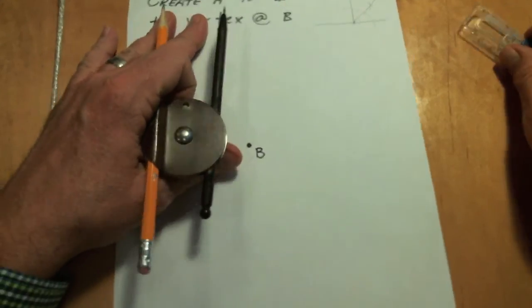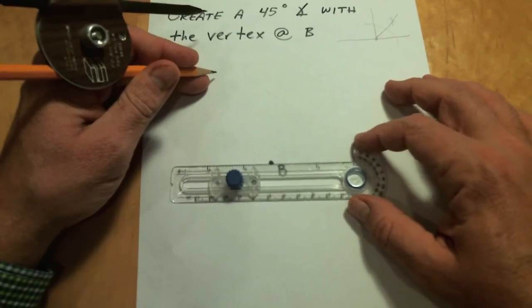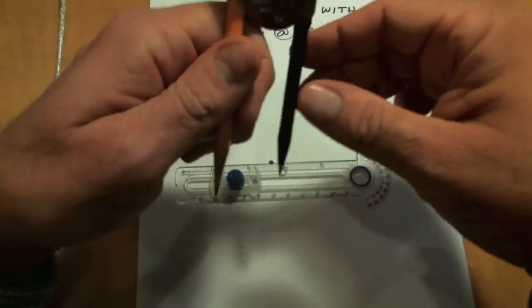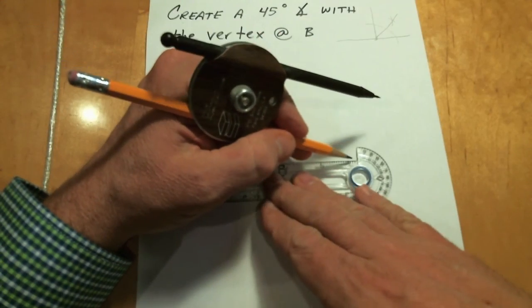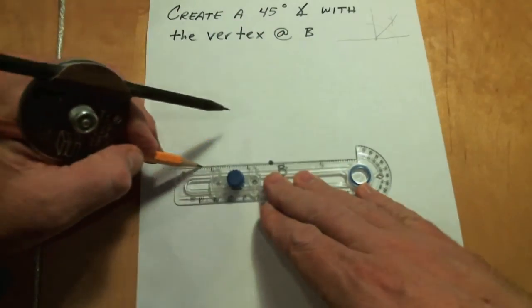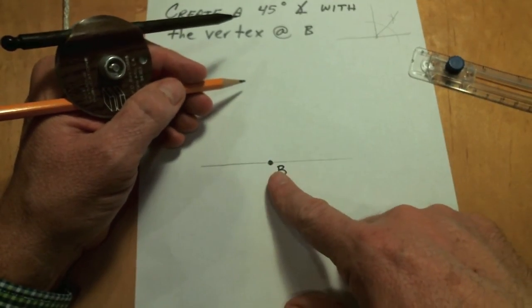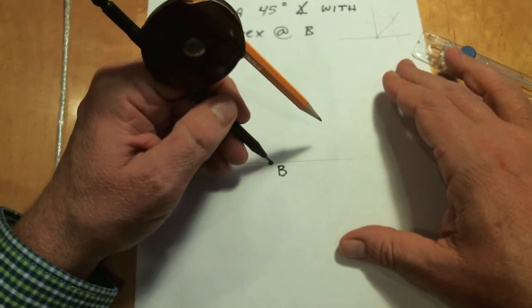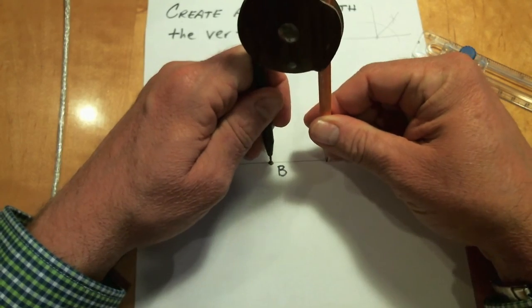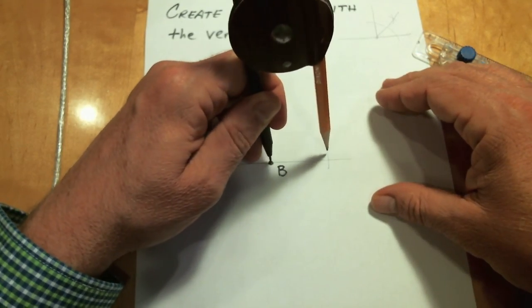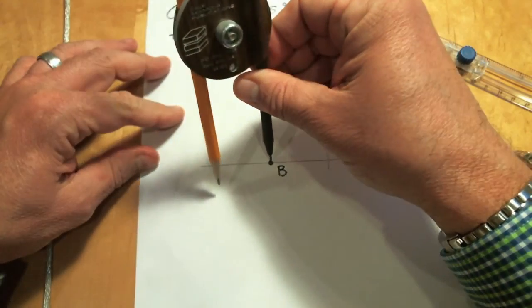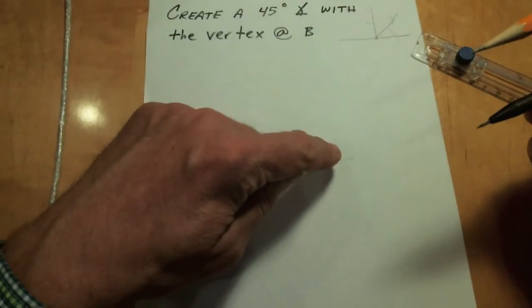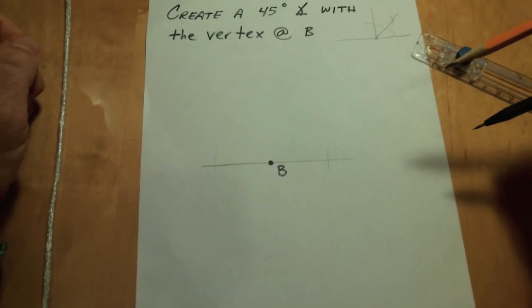Let's try it together if you like. I'll do it nice and slow, and you just put me on pause as you need to. So, first thing you're going to do is just draw a line through that point. Now I need a perpendicular to go through that point. So what I'm going to do is first do a construction of a perpendicular through a point on the line. So I'll mark on that side. I'll come over here and mark on that side to get it so that I have a segment that wraps